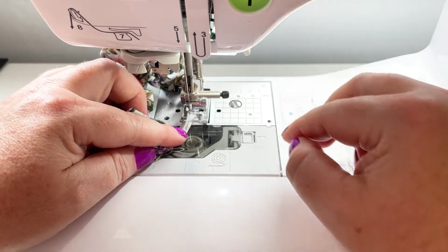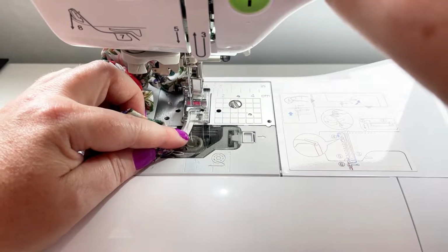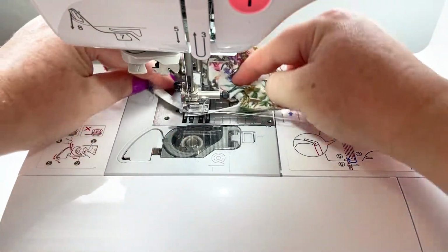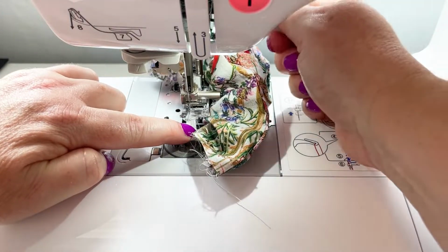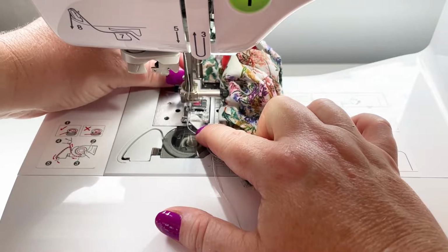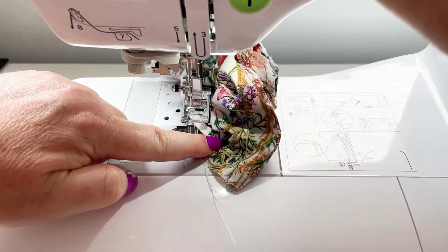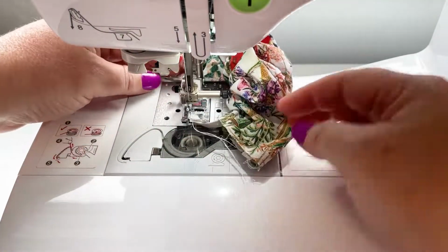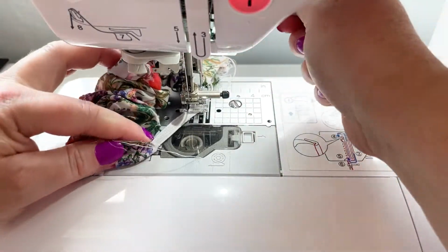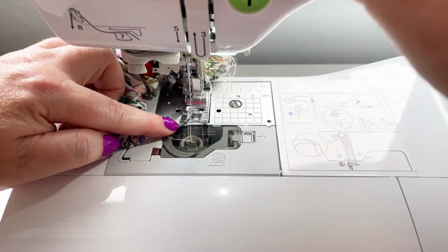So I'm just going to do a little bit of a reverse. Come forward. Then I'm going to lift my presser foot, spin my elastic around, hold it nice and flat again, and then I'm going to come backwards again, reverse again. You just want this nice and secure, because if your elastic breaks, you have to undo your scrunchie and that's not so fun. So just go back and forth a few times. I'm probably being overly cautious, but